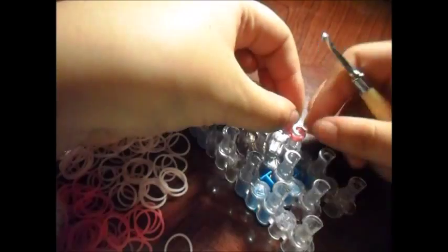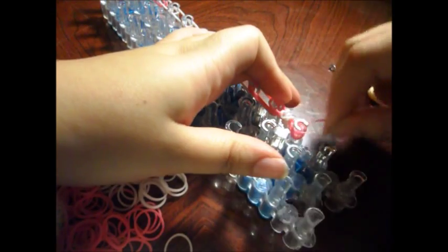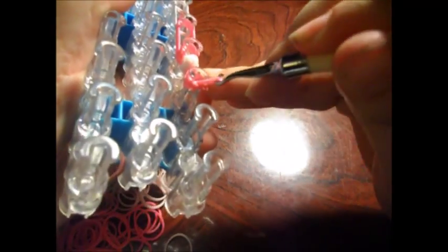Okay, and then what we're gonna do is, of course, cap this off, do it kind of tightly with a pink band. So I wrapped it around about 4 times. I'm gonna go in and grab those bands, reach in, get the cap band and loom it up. Now when I go to loom the second row of pink, make sure to not grab any of those circles by accident, because they'll be very tempting. If you don't have a metal hook at this point, I'm sorry, this may break your hook. Go ahead and loom up